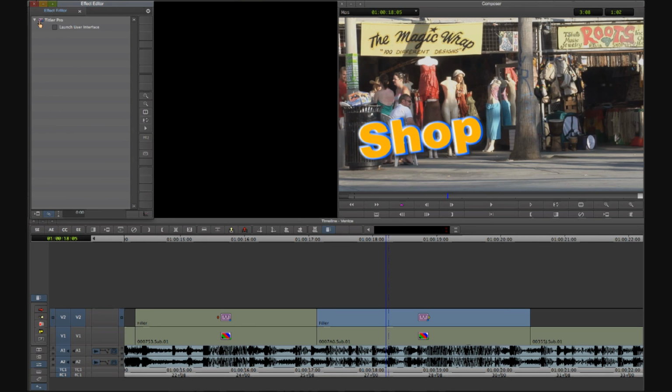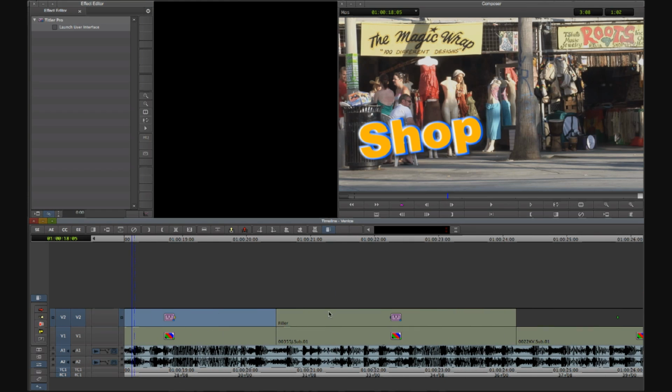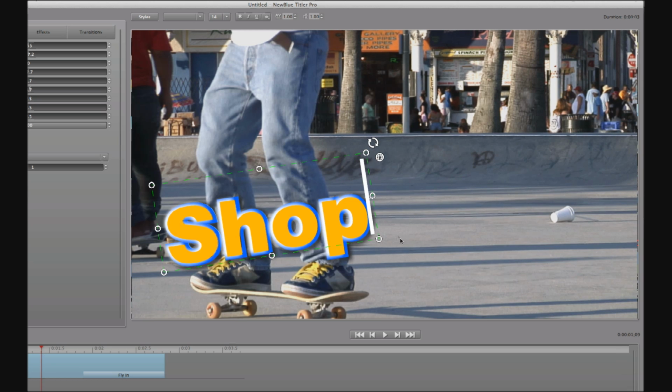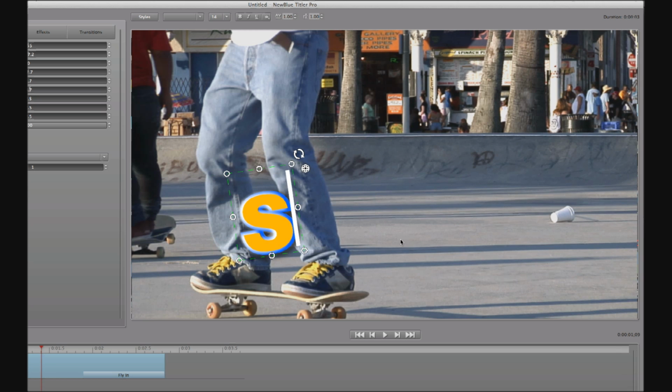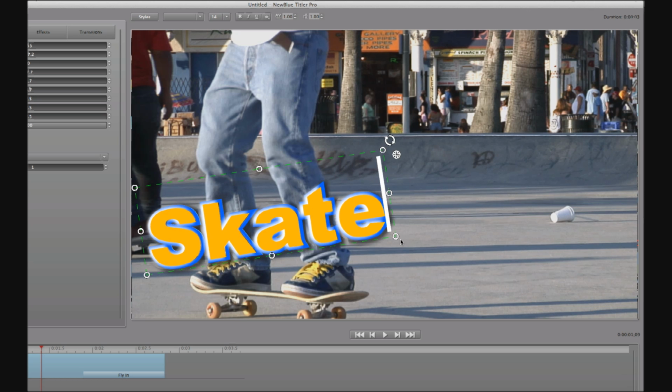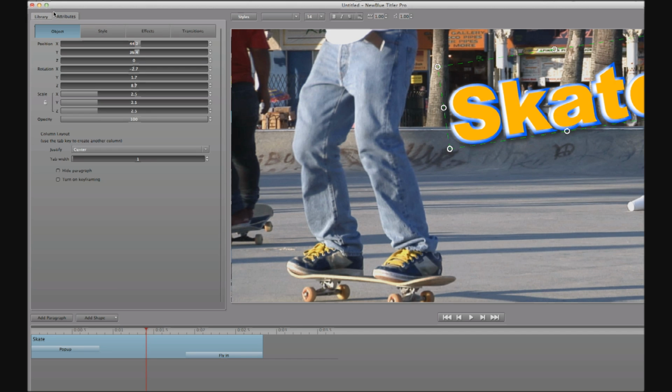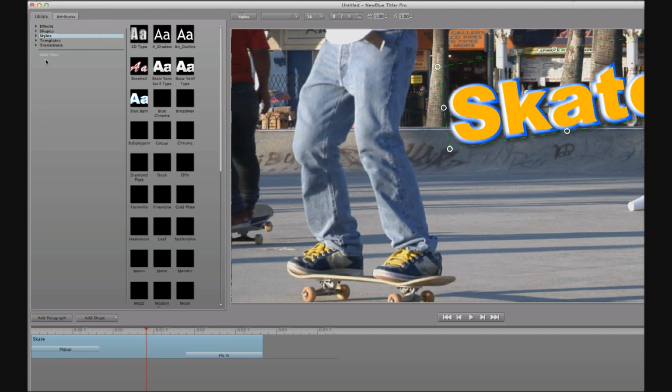Again, we can exit Titler Pro to return back to the Media Composer effects mode. And again, drag and drop this effect icon onto the next section of the sequence. So now select that segment, re-enter Titler Pro, and we'll change the text from shop to skate, S-K-A-T-E. Change the end position again, and return back to the library, to styles, find ourselves a new style, apply that,